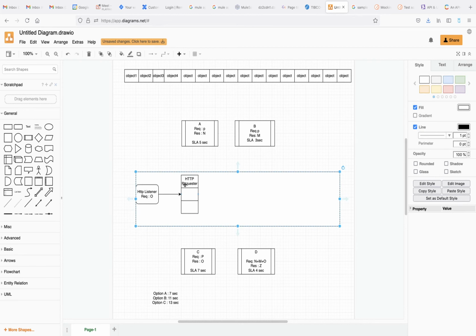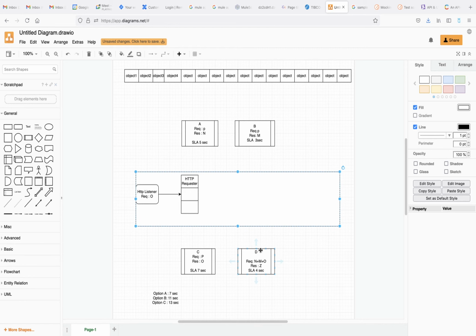Since you can see here for A, B and C, everywhere the request is POST. These 3 APIs need request POST, meaning these 3 APIs are not dependent on each other. When is it dependent?